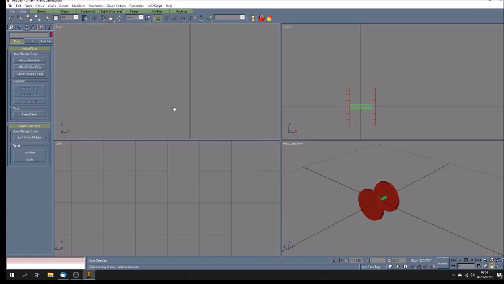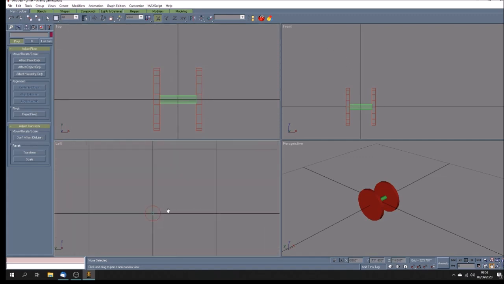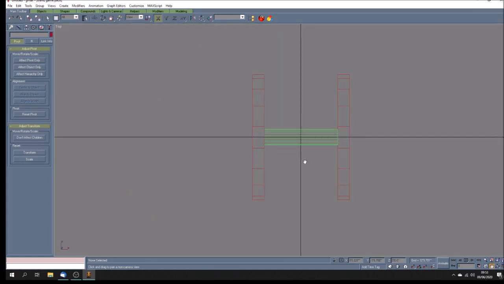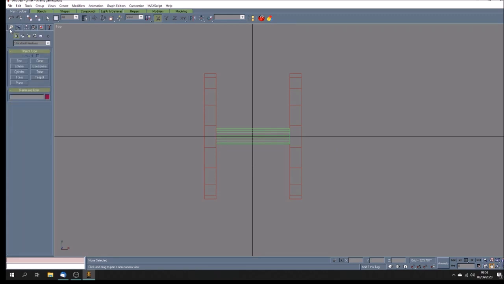So for animation you always want the top view. So there it is. Now we're looking down onto the top. That's the front view, and here's one of the side views, the left view. But here's the top view. So I'm going to maximize that, and I'm going to create a dummy. Here we are, and I'm going to call it BR, because that's what Trainz requires, axle 01,